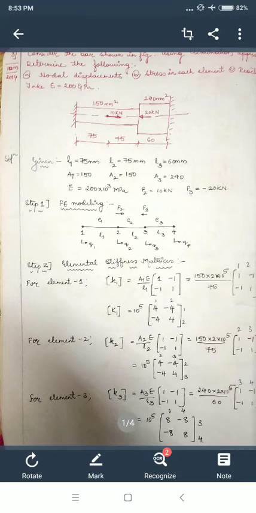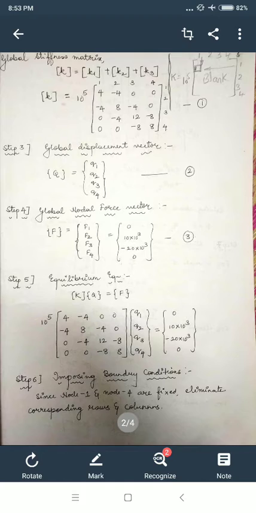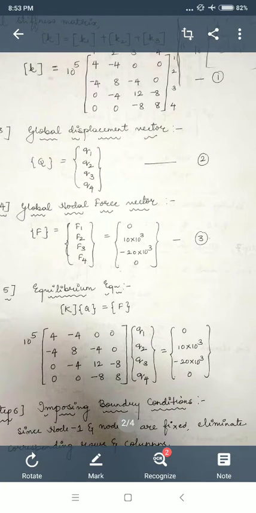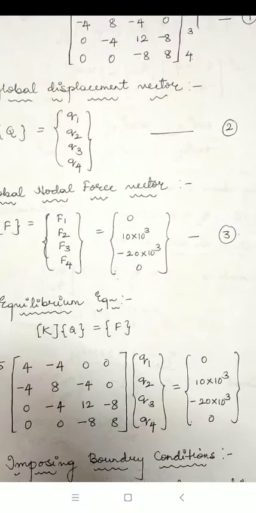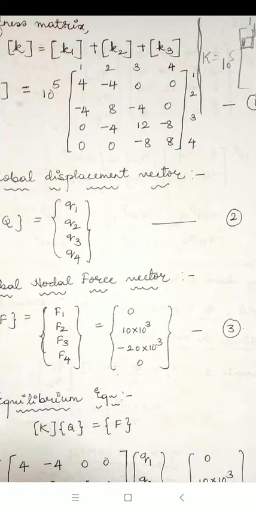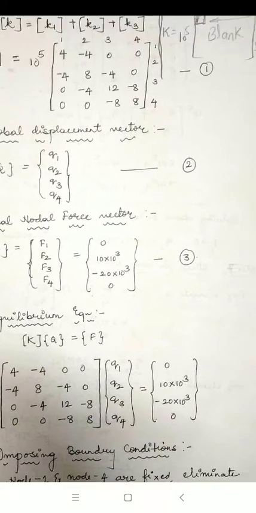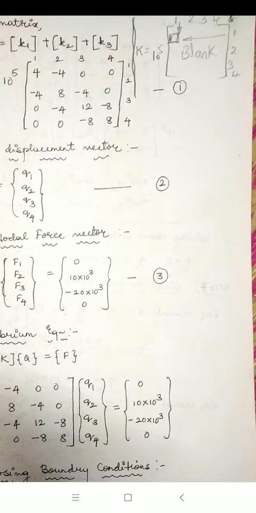Next step is to find global stiffness matrix. Global means it is a stiffness matrix for entire element. This we can get by adding all 3 stiffness matrix. Equation I have written here, K equal to K1 plus K2 plus K3. Addition of all stiffness matrix is very important step here. So, to understand this one easily, what I will do, first I will write